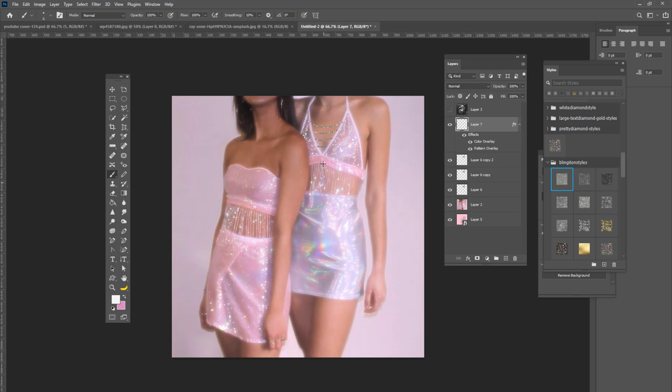So just follow the path for the shirt. And it's really not that hard. I'm not doing anything special here. And then now you can create a new layer and draw on her